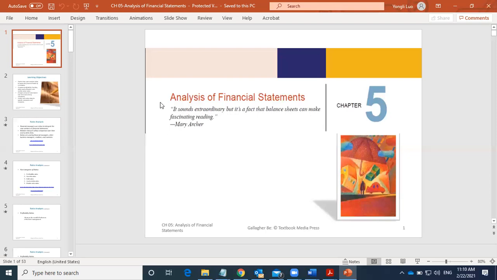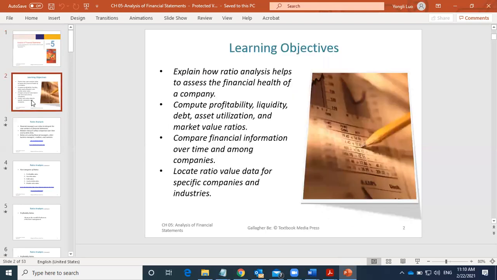Financial statement analysis is basically analyzing those three major financial statements. So how are you going to analyze? Why do you have to analyze the financial statements? The main reason is that,